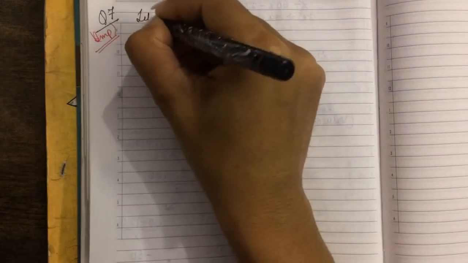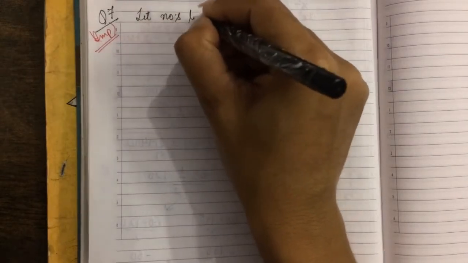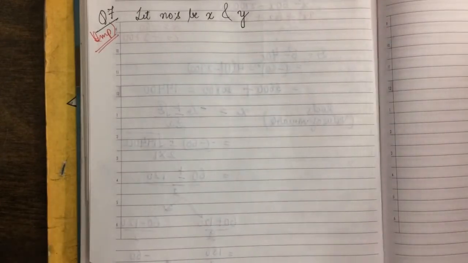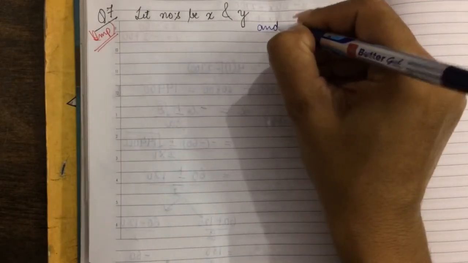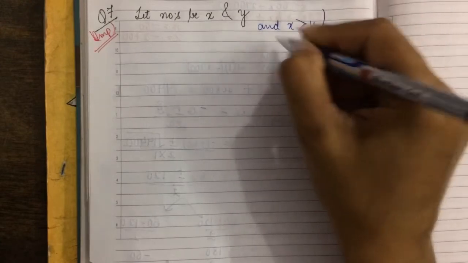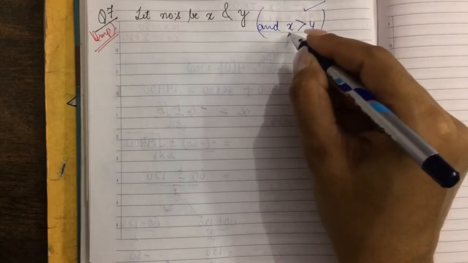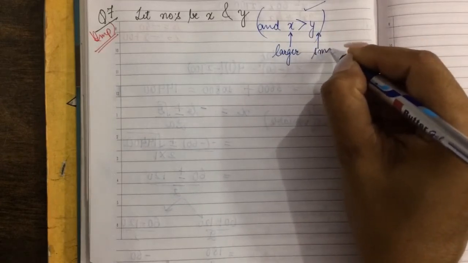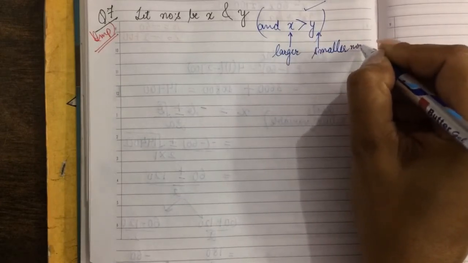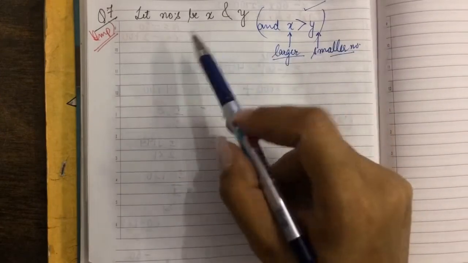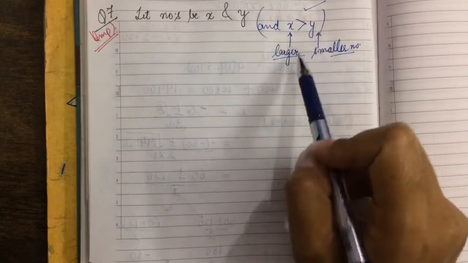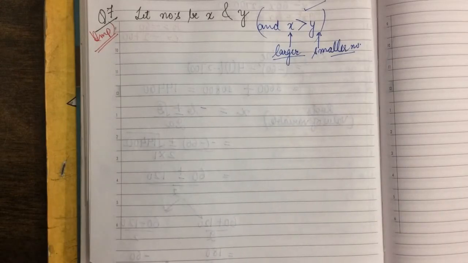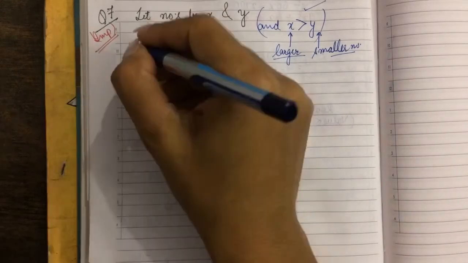So let us say the numbers are x and y, and x is greater than y. So when I say this, it means x is larger and y is the smaller number, because the statement actually refers to the numbers as larger and smaller. Now there are two things given. The first one,